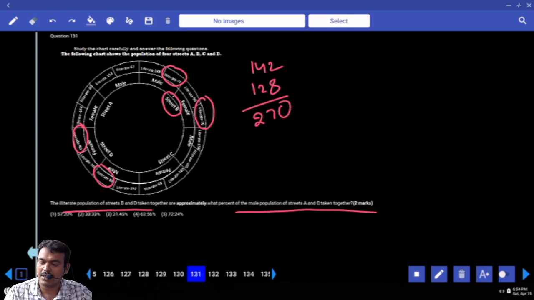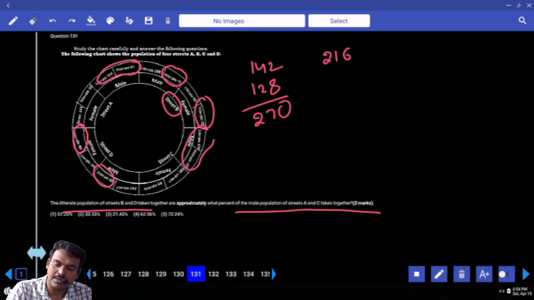Approximately what percentage of the male population of streets A and C taken together? Male population means street A, male population means literate and illiterate. 154 plus 62, 216. C also male population. In C, male population means literate plus illiterate. 156 plus 100, 256. Both are adding